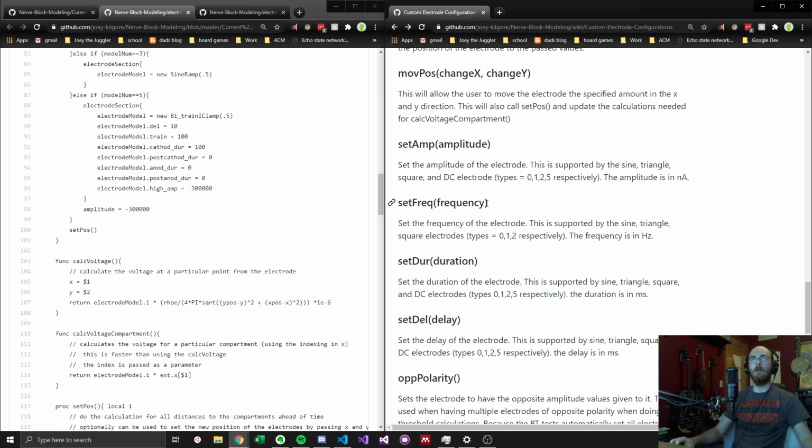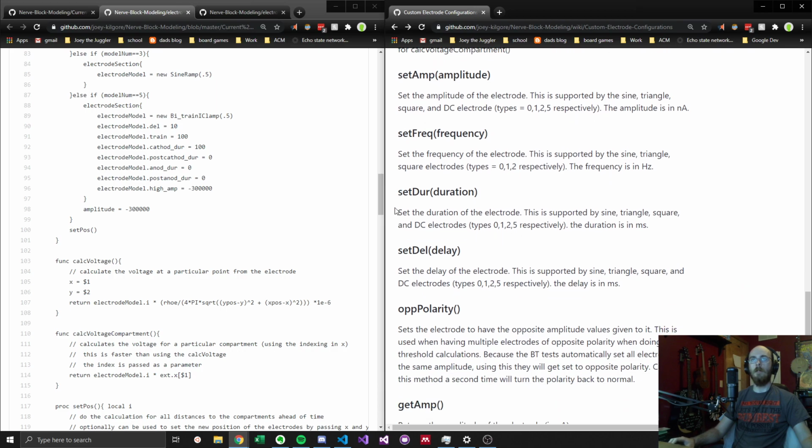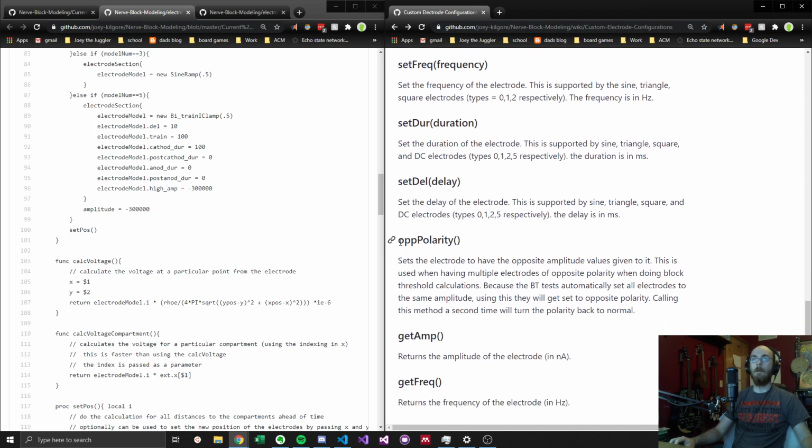And we can set the frequency. Now this is obviously not important for the DC electrode, but for the other electrodes it's useful. We can set the duration for how long the electrode will be on. We can set the delay for how long we wait till we turn it on. You can set the opposite polarity,